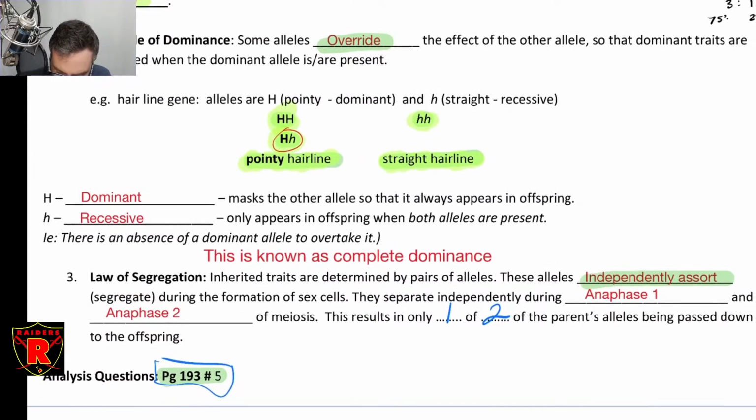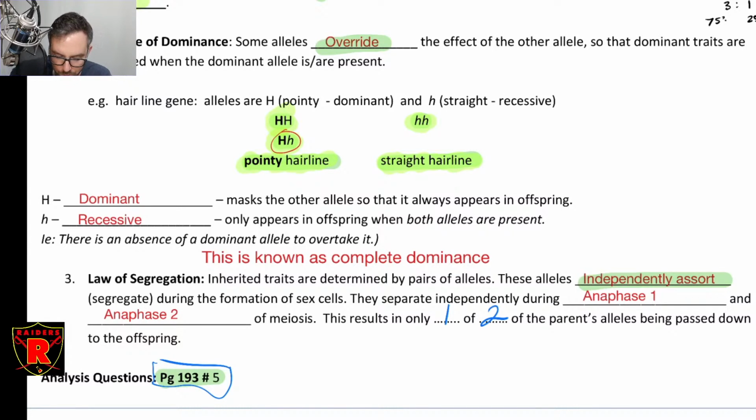Okay, and then the last part here is the law of segregation, which really means that as long as genes are on different chromosomes, your chances of inheriting one particular set of alleles or a different particular set of alleles is completely random. And what that means is,